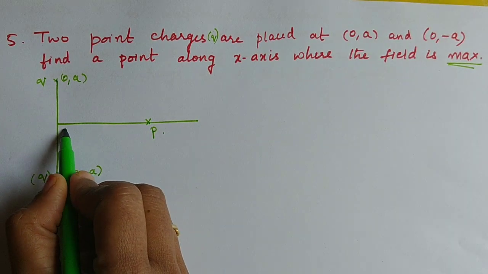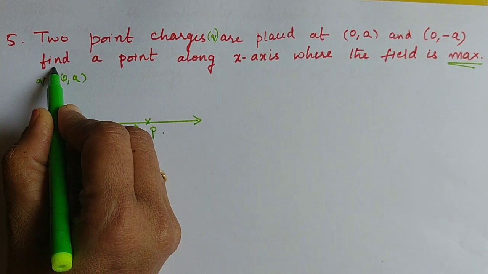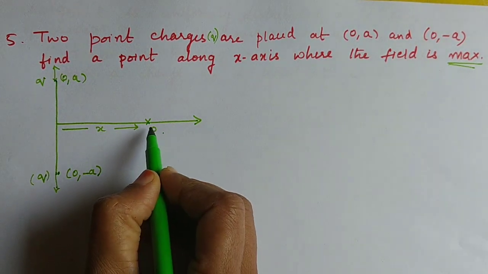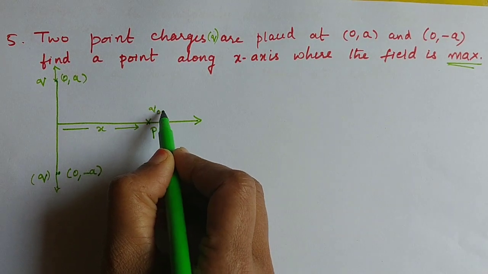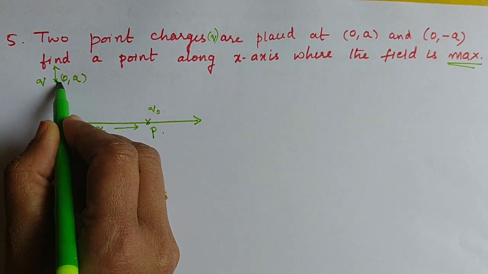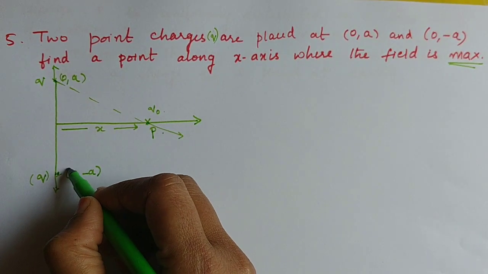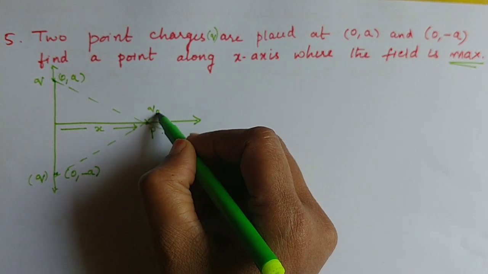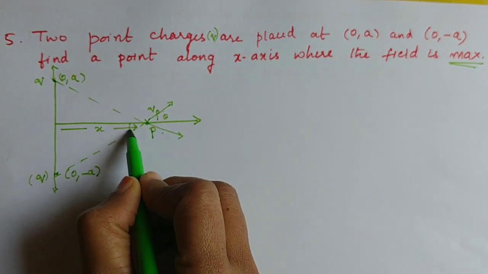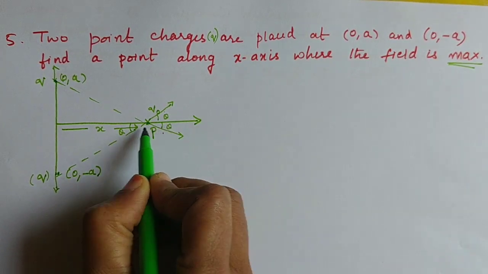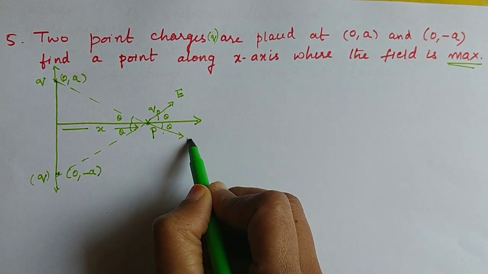First select a point which is at a distance x on x-axis. This is your x-axis. And we will find out the field at this point. So keep a test charge Q naught. We know Q naught is repelled by this Q. So there is one force directed away. Another field is also directed away. Let this angle be theta, even this would be theta. I'll call the fields E and E.